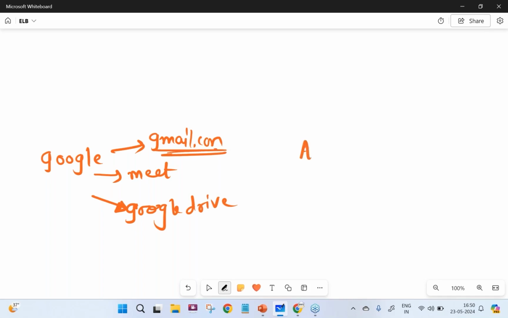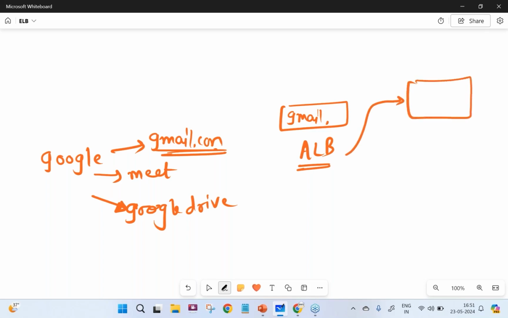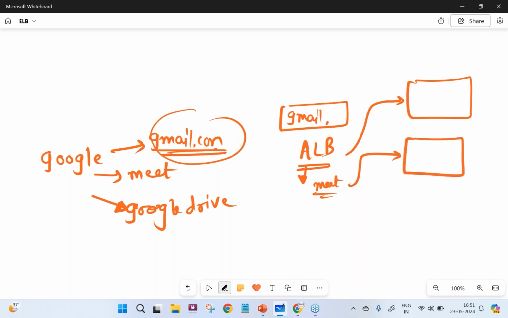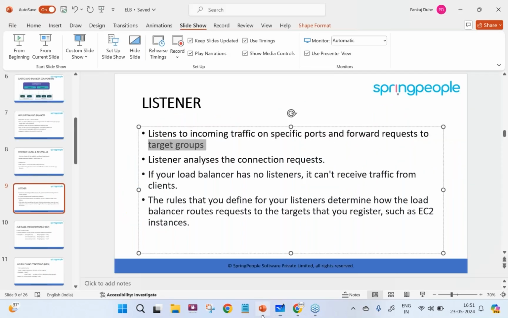The request will first come to the application load balancer. It will check that the request is for Gmail, and the request will be served by the servers which support gmail.com. Another user is trying to create a Google Meet invite. The request will be checked by the application load balancer, and since the request is for Google Meet, it will be sent to the servers which support the Google Meet application. This is how the listener works.